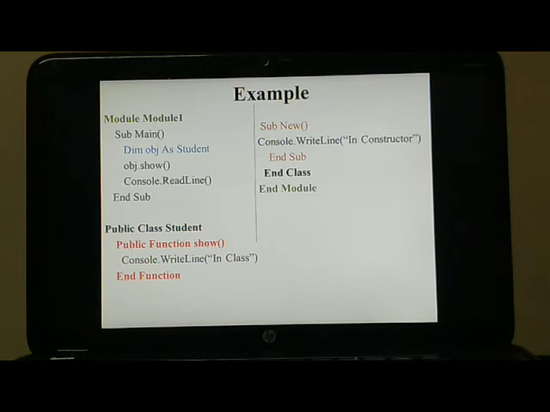In that I have written a statement: in constructor, and to close that default constructor, End Sub is used. After that I have created an object and called obj.Show, that is the function, and after that the class is closed using End Class, and then End Module.